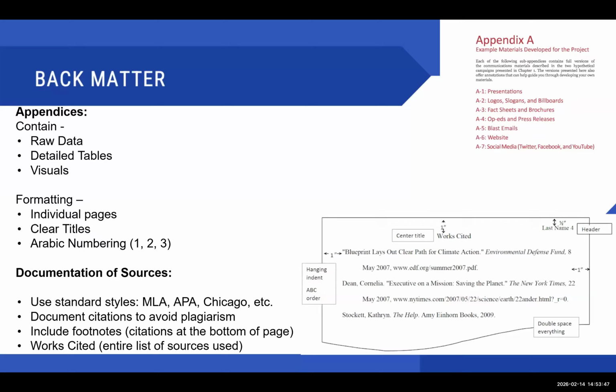Your report should include footnotes, which are citations at the bottom of the page, and a works cited section, which is the entire list of sources used at the end of the document. The textbook emphasizes that consistency is key. You must use the same style for your in-text citations and your final reference list to ensure your report is